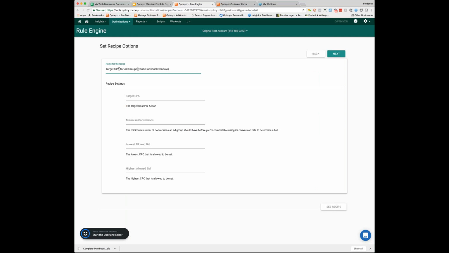Okay, but so first things first, we can give this a name. I'm just going to leave it as is, but target CPA for ad groups. I have to answer a couple of questions now. So what is the target CPA that I'm trying to hit? So let's say it was $20. The next question is, how many conversions should something have before we consider it statistically significant? Now, you probably want to put in higher numbers, but I'm just going to put in 1. So as soon as anything has 1 conversion, we're going to use that conversion rate to help us set the